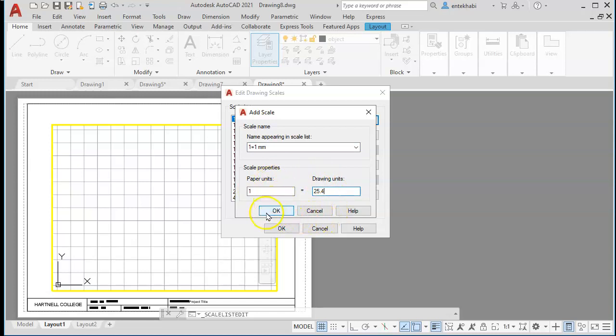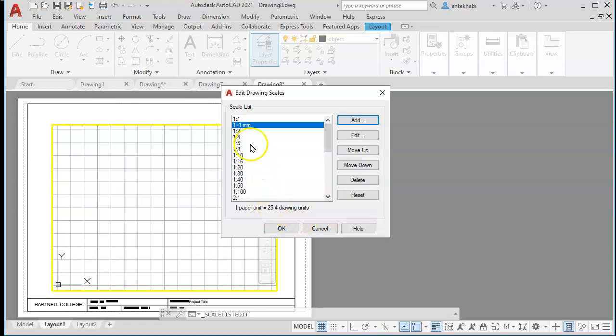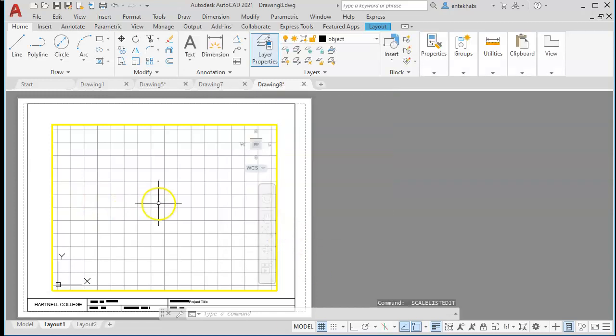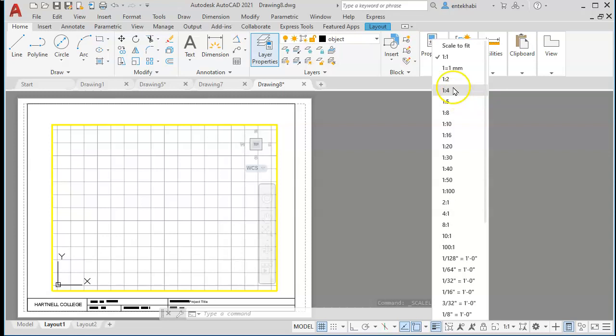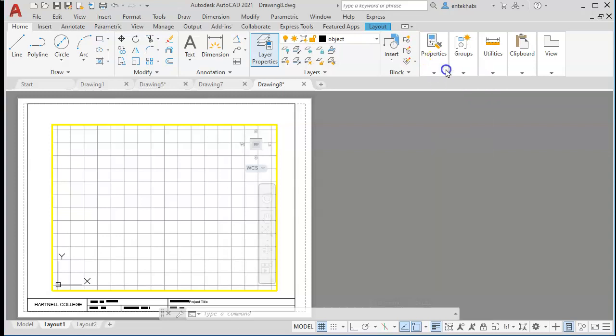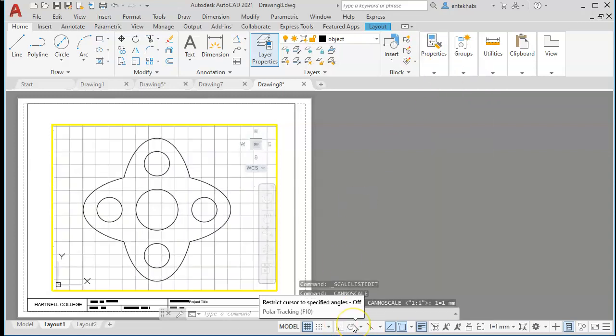Okay, if we do that, then we have another scale created here. Then okay. Now I'm going to go to the floating model space, select this scale. Rather than 1-to-1, I'm going to say 1 equal 1 mm. Okay, this is 1-to-1 metric, and then double click outside to switch back to paper space